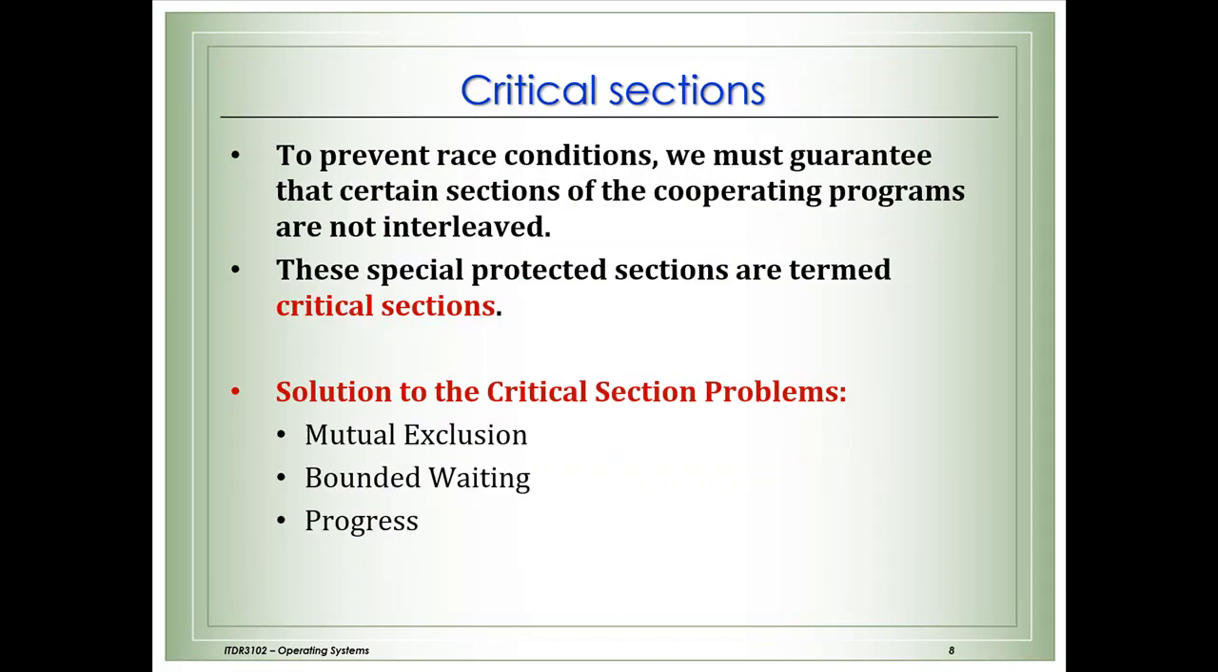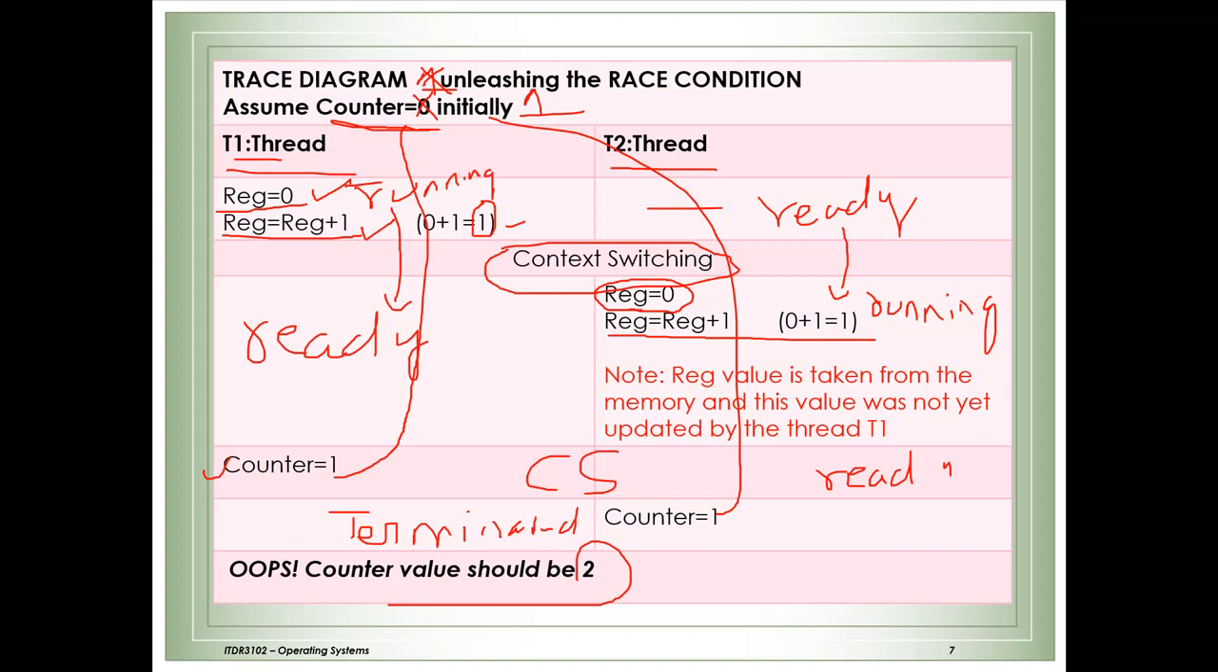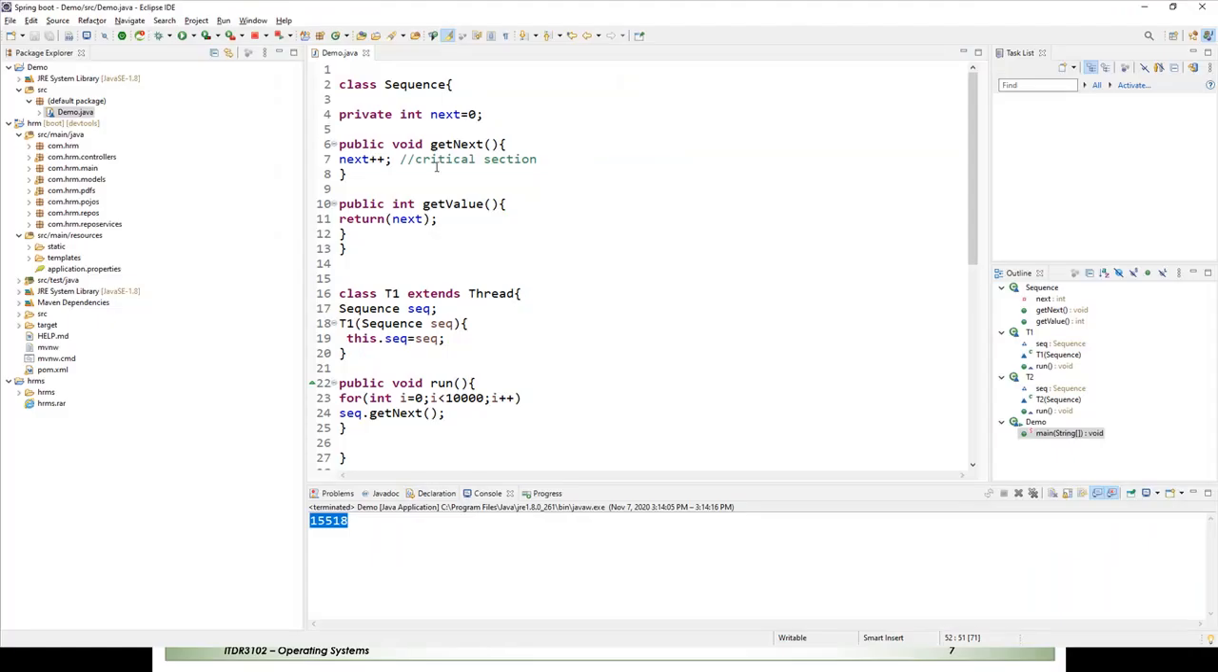So what is the critical section? To prevent the race condition, we must guarantee that certain sections of the cooperating programs are not interleaved. The special protected sections are termed critical sections. So in this program, this section is the critical section. Why? Because this is the critical section, because this